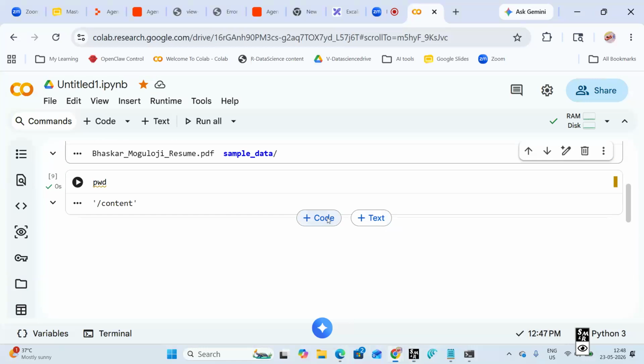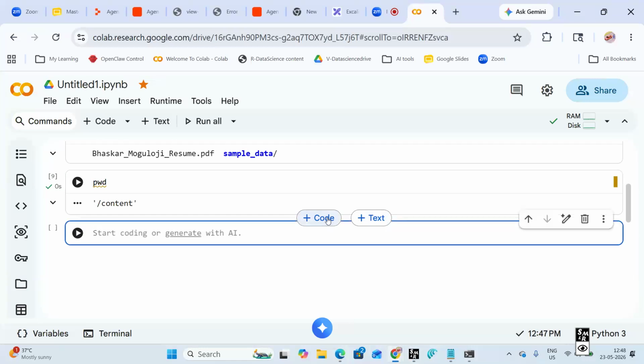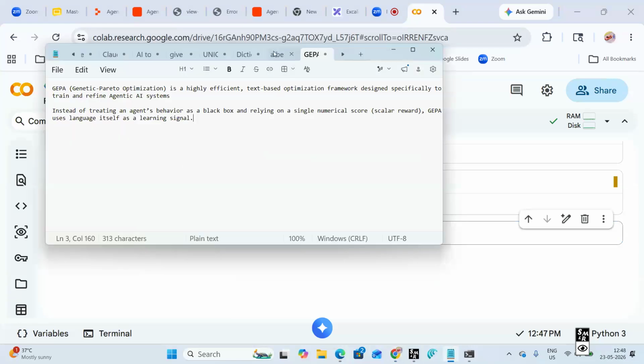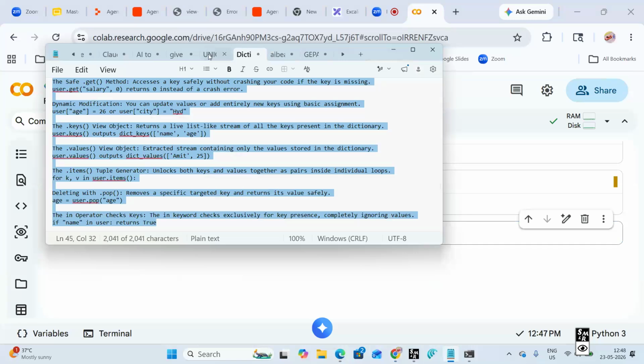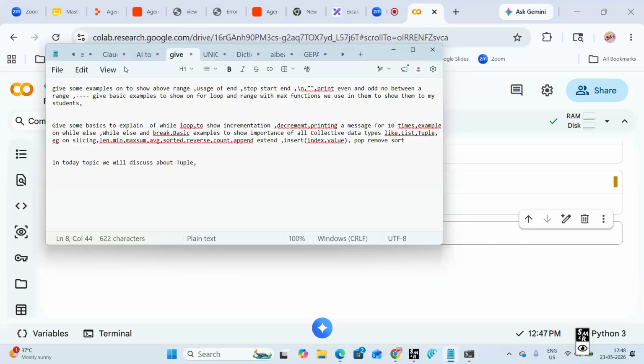I will write one more code. This time, how many of you know sentiment analysis? That is the basic. Inside Python there is a library of packages, like math packages, science packages, something like that.